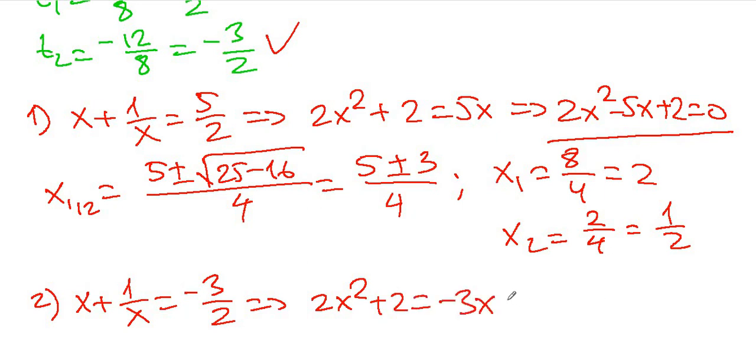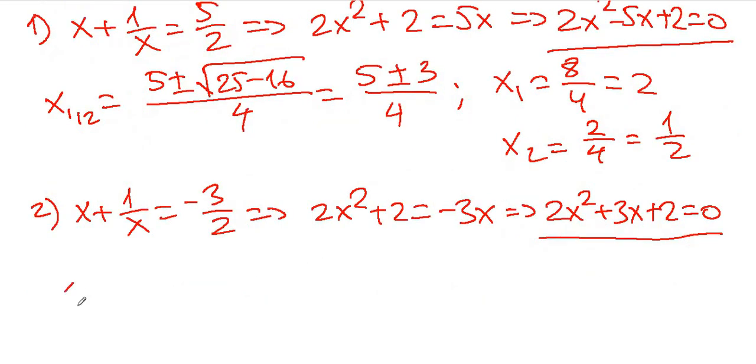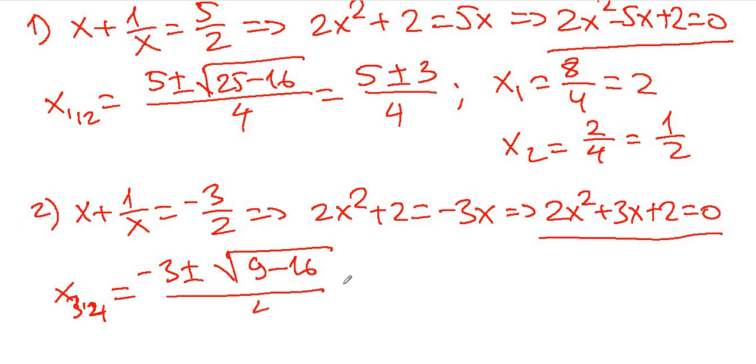This is equivalent to 2x squared plus 3x plus 2 is equal to 0. Again we have a basic quadratic equation here, and by using the discriminant we can easily find the third and fourth roots. So minus 3 plus minus square root of 9 minus 16, divided by 4,